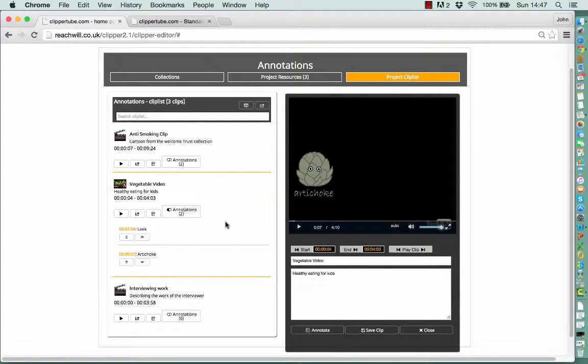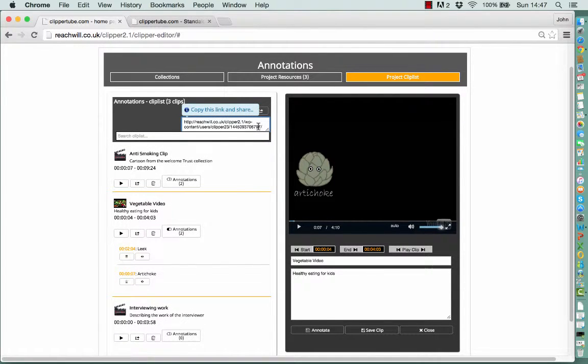Now, another interesting aspect of annotations is using them for publishing. We are looking at adding the function to share an annotation as a separate item, as a sub-item from a clip list. It's not working yet, but if you imagine here we had another button to share the annotation, like this button here for sharing the clip. To demonstrate what this might look like, if I click on this, I'm going to share the entire clip list,